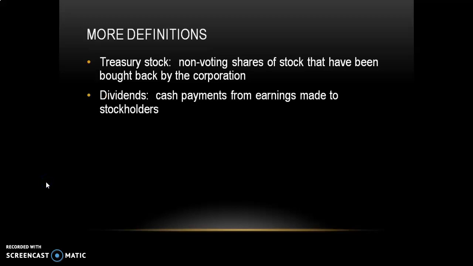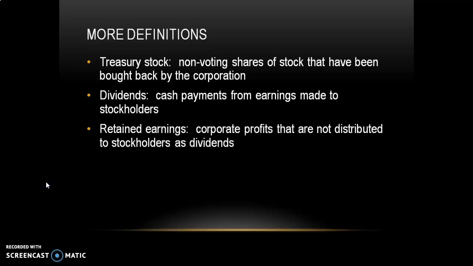Dividends are another important definition. A dividend is a cash payment that goes out to all the stockholders. That will go basically to both common stockholders and to preferred stockholders. And remember, when dividends are paid, you will not pay any dividends at all to common stockholders until the preferred stockholders have received their dividends. Preferred stockholders get the precedence on the payment of dividends. So once preferred stockholders get their dividend payout, then common stockholders will get theirs. But that dividend payout is made from the earnings of the corporation.